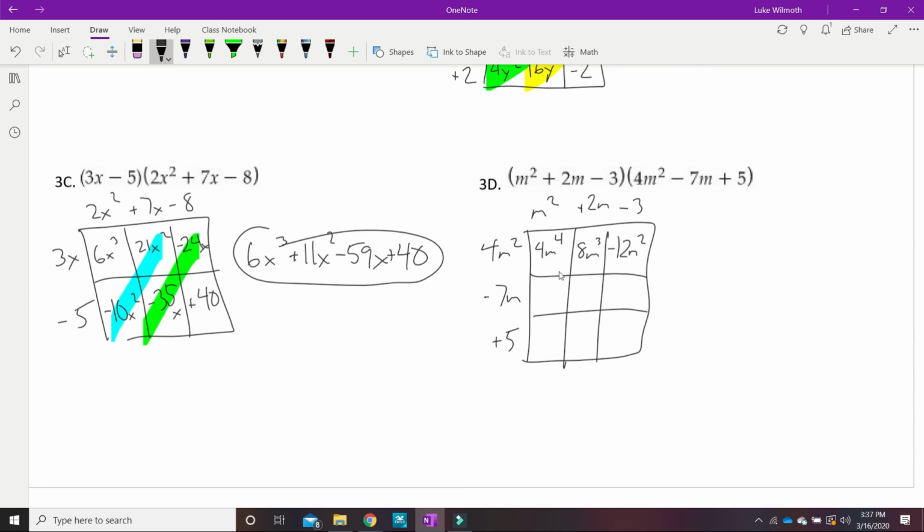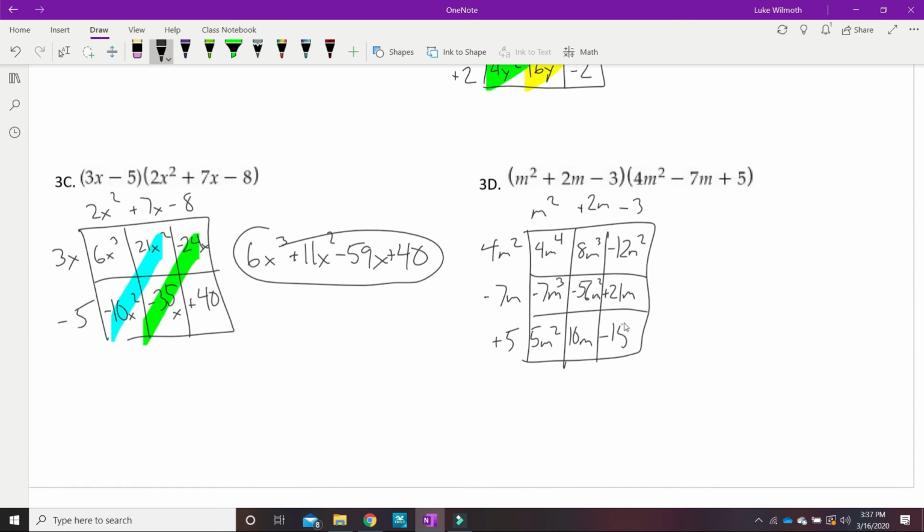Here I have negative 7m cubed, negative 56m squared, and positive 21m, regular old m. Finally, 5m squared, 10m,